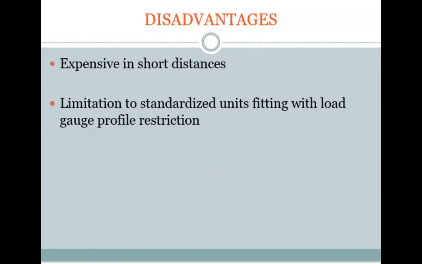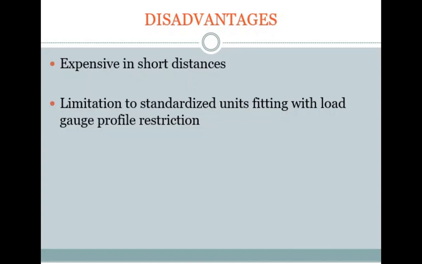When rail is used to carry cargo over short distances, it turns out to be rather expensive because the loading costs money, the offloading costs money, and special devices have to be used in loading and getting the operations through. So generally, using rail over short distances may comparatively be a bit more dear.